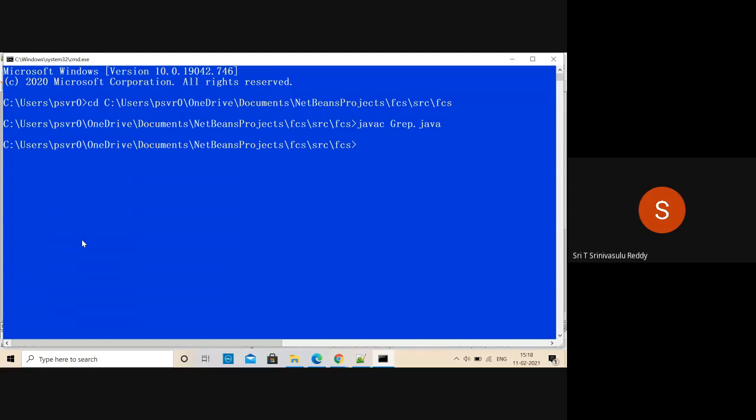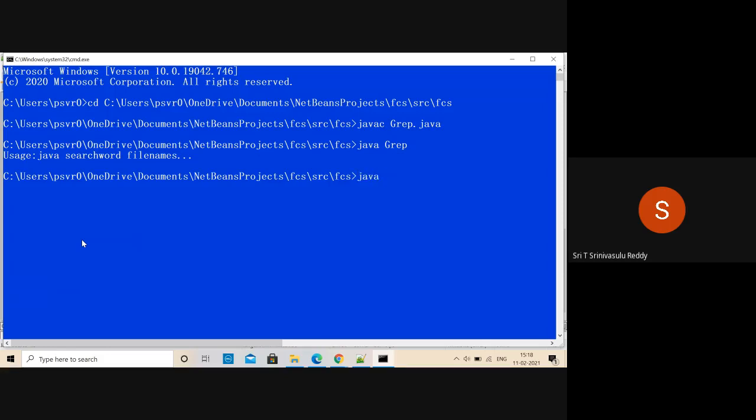No errors, no issues. Now how are you going to run this? You say java followed by grep. You don't supply any arguments, nothing. And it gives you the usage. Usage is java, search word, file names. That is how you have to give it.